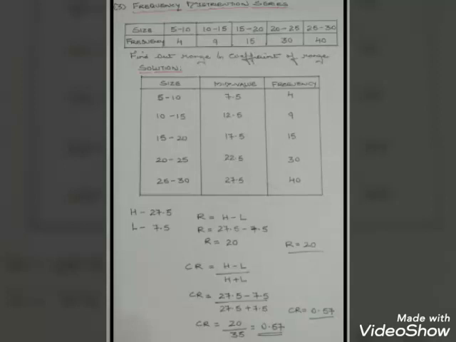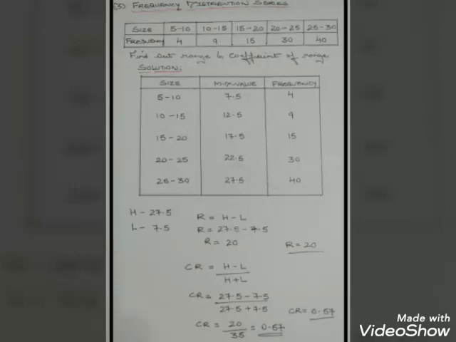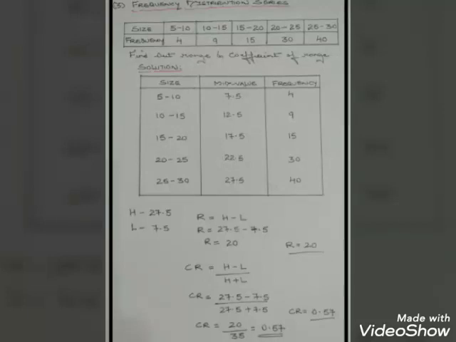To take out the mid value, you all remember already in my previous video I have explained how we calculate the mid value. Anyways, again I am telling you. Your size is 5 to 10. What you will be doing is adding 5 plus 10, that means 5 plus 10 comes to 15, and then that 15 has to be divided by 2. When you divide 15 by 2, you get 7.5, which is the mid value between 5 and 10.